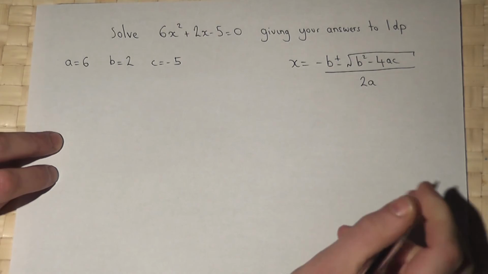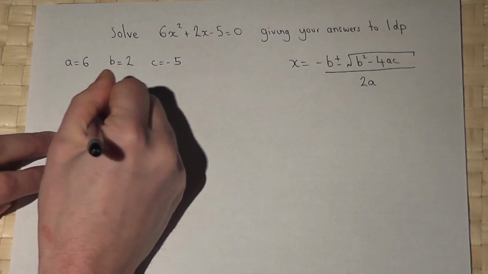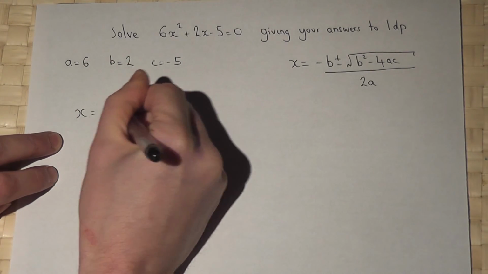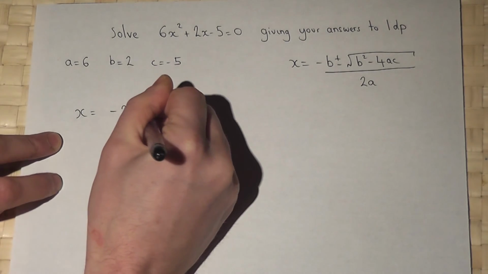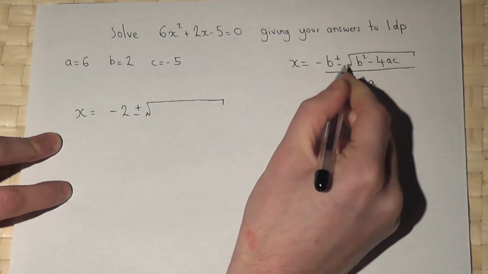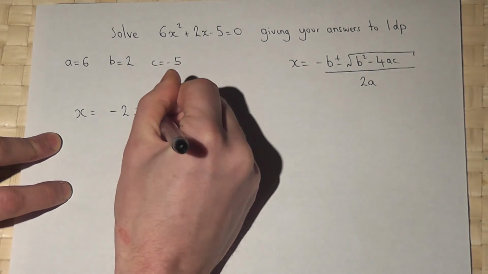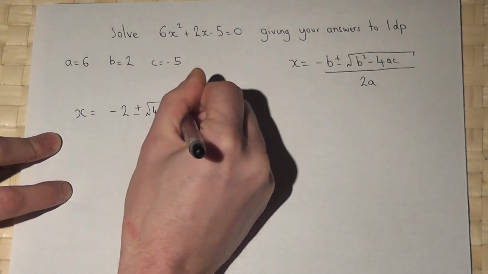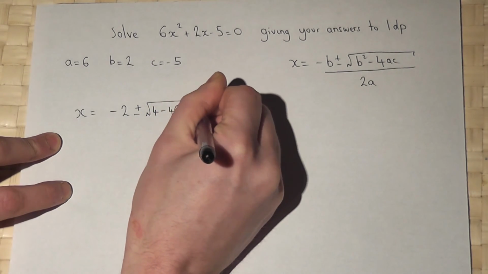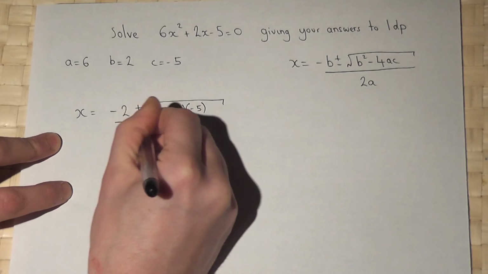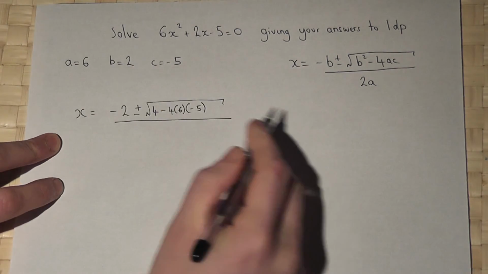So our solutions are x equals, so minus b is minus 2, plus or minus, so b squared, 2 squared is 4, minus 4 times a times c, all over 2 times 6, which is